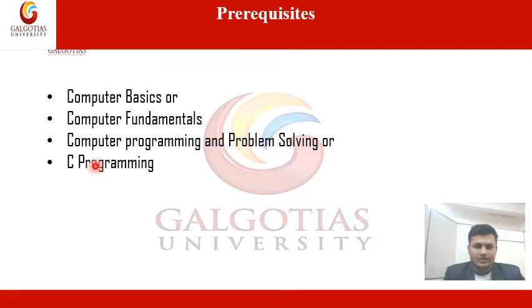Next, you should have some knowledge of computer programming and problem solving, for example C programming, because in C programming you will learn syntax as well as semantics, and you will know about data types and their sizes. These will be used in designing a table in the database, or performing some queries in a database.